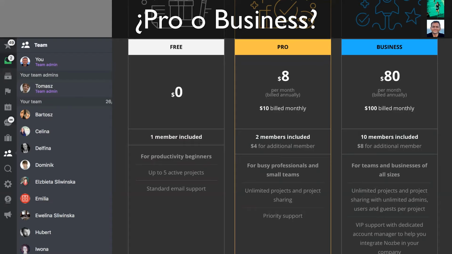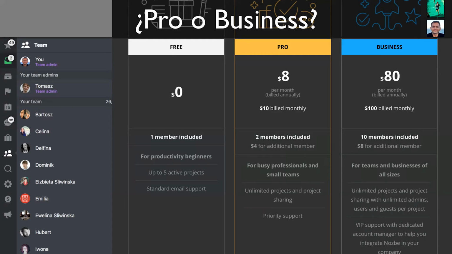You can add, for example, your wife or your business partner, your significant other to Nozbe. So you create a separate account for them. This account is tied with the team section, but all of the projects that are private for you are also private for this other person. So they don't see your projects unless you share the projects with them.